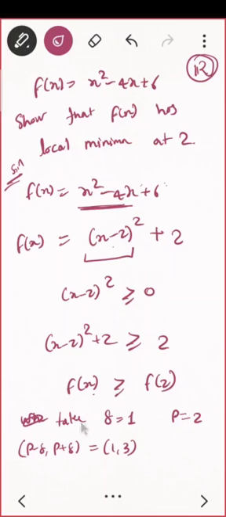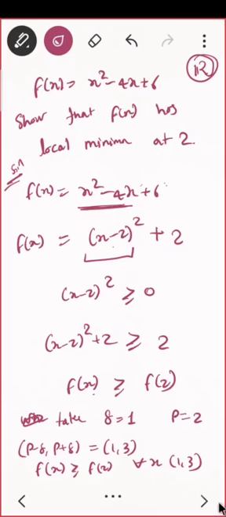So f of x is greater than or equal to 2 for all x. You can also say greater than or equal to f of 2 for all x lying between 1 and 3. Hence proved. Hence you can say f has local minima at x equal to 2. Do you agree? In this case it was quite easy because this part is always positive. So if I add something, I don't care about that. So it was quite clear to get here. Is that okay?